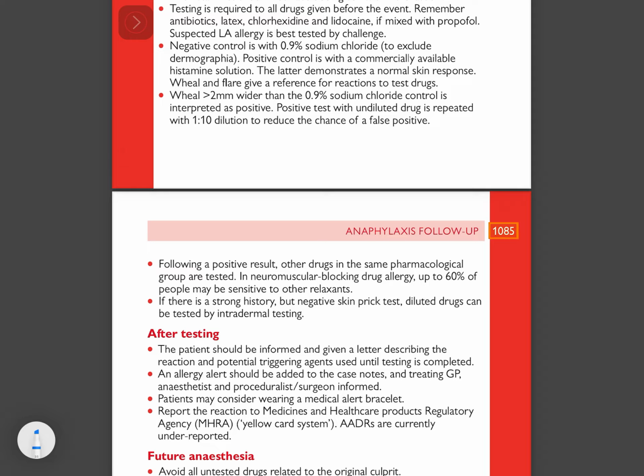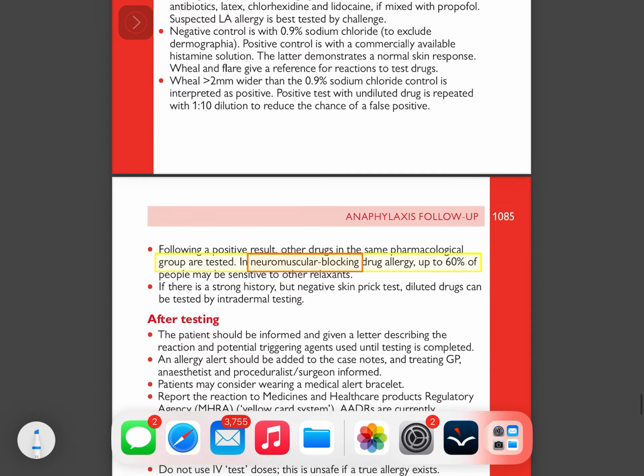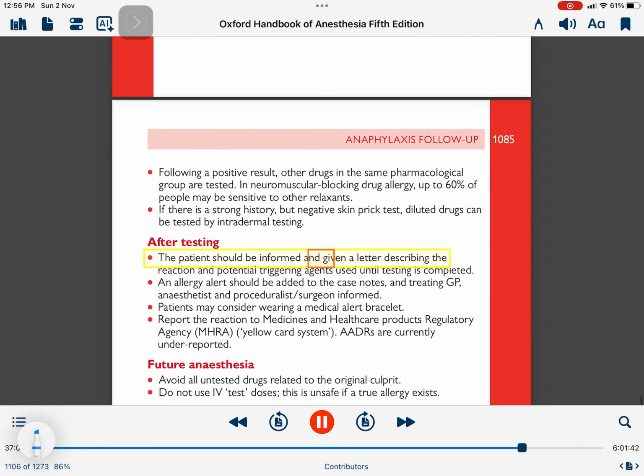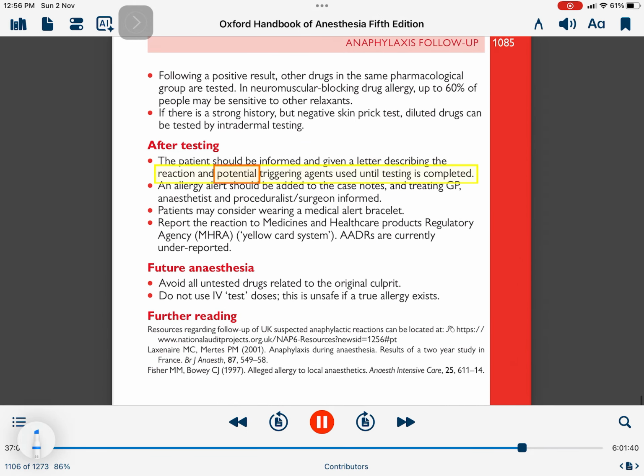Follow-up: following a positive result, other drugs in the same pharmacological group are tested. In neuromuscular blocking drug allergy, up to 60% of people may be sensitive to other relaxants. If there is a strong history but negative skin prick test, diluted drugs can be tested by intradermal testing. After testing, the patient should be informed and given a letter describing the reaction and potential triggering agents used until testing is completed. An allergy alert should be added to the case notes, and the treating GP,